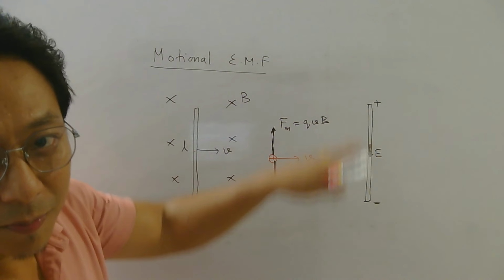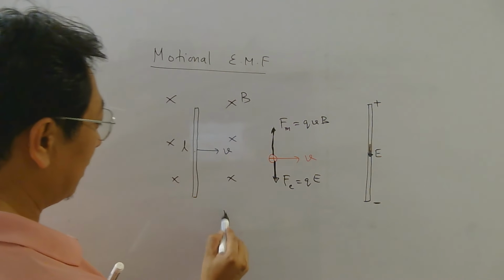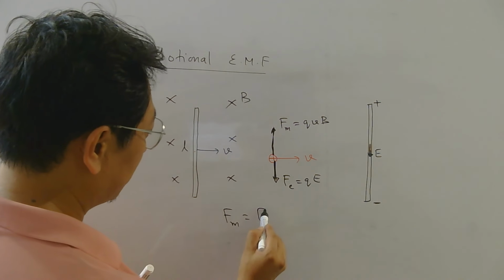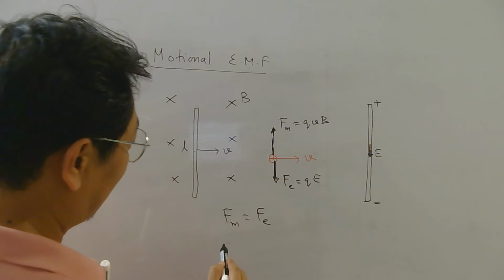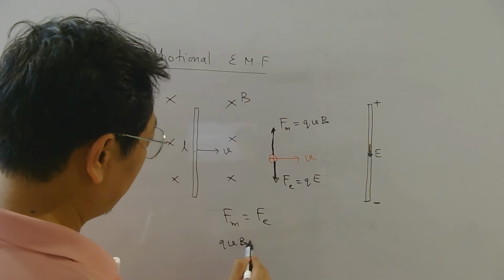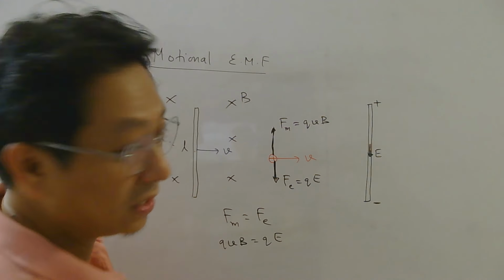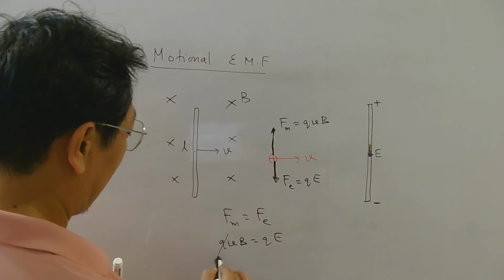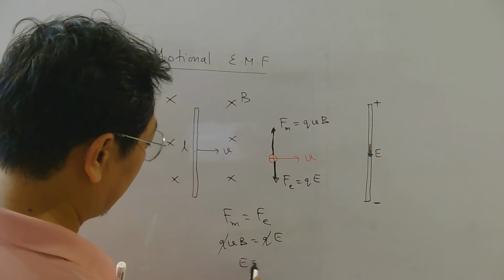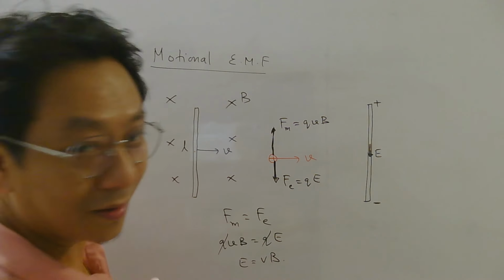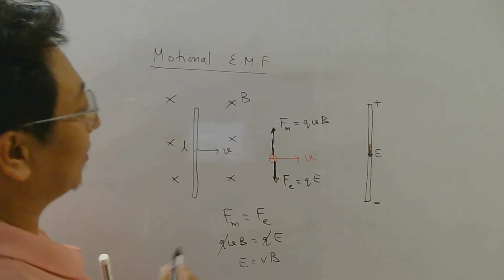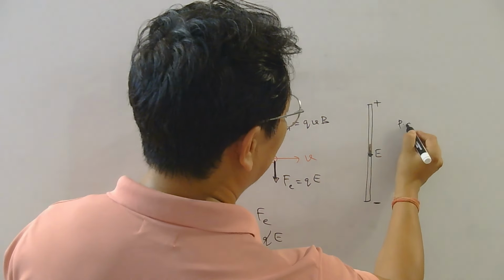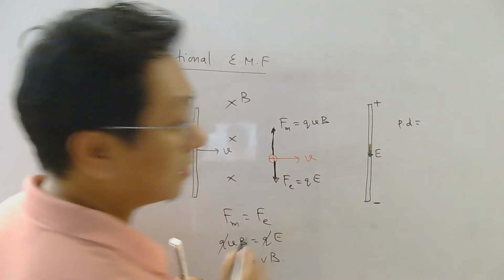And how long will this separation happen? Till in equilibrium, these two forces balance. At that time QVB will be equal to Q into E. And if I cancel the Q, E will be VB, isn't it? And if you want to know the potential difference, because one end is plus, the other end is minus,